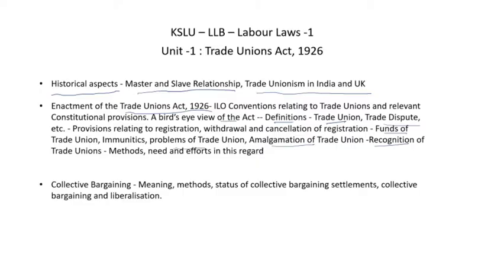All these points we will discuss in detail. And then in the last part we will discuss the concept of collective bargaining, which includes meaning, method, status of collective bargaining settlement, and then collective bargaining and liberalization. These three parts we will cover in subsequent videos. In the current video, we are going to discuss the historical aspects.